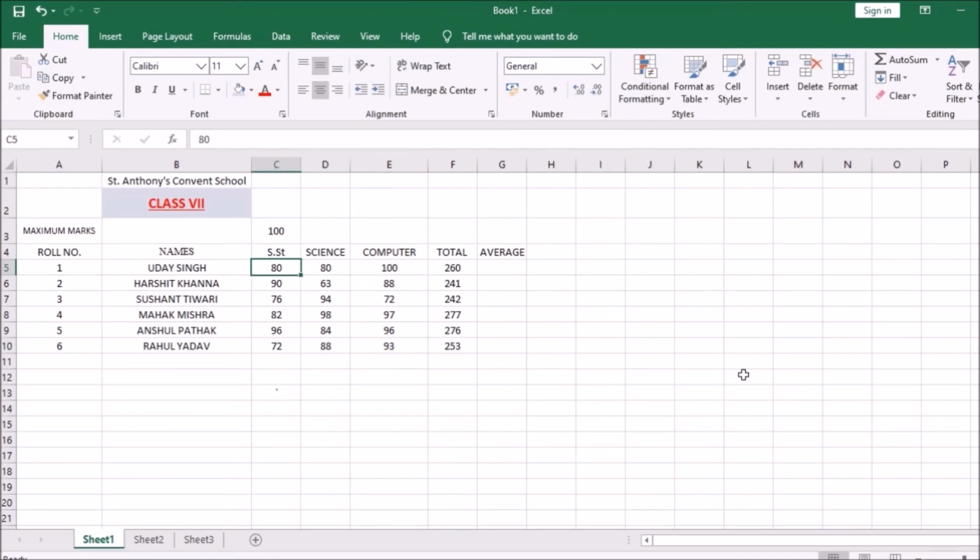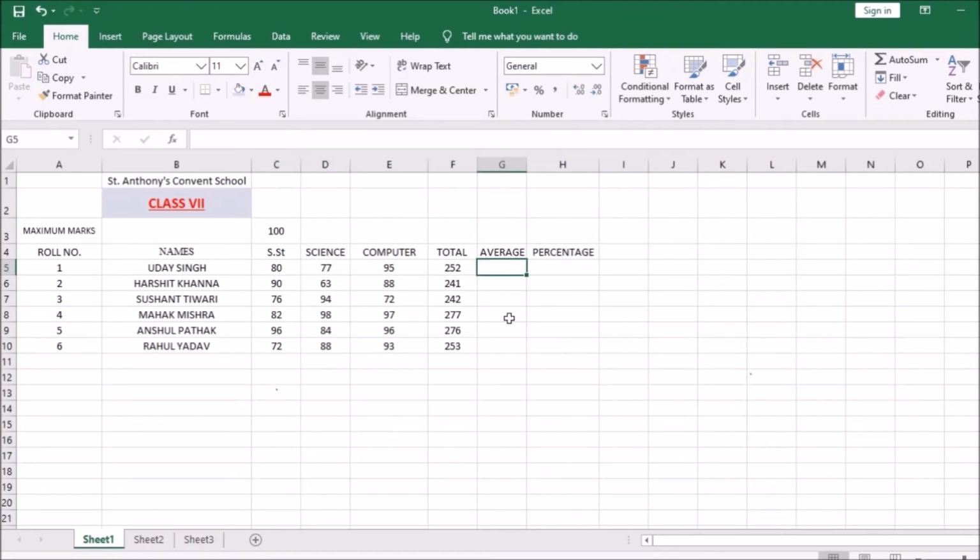There are four arrow keys on your keyboard. I go to the place where I want to do the selection. So I've come here on 80. Now I press the shift key. There are two shift keys on any keyboard. I press and hold the shift key, then I press the right arrow key. One time I pressed the right arrow key, the second time I pressed it, and now the third time I pressed it. You can see that all four cells got selected.